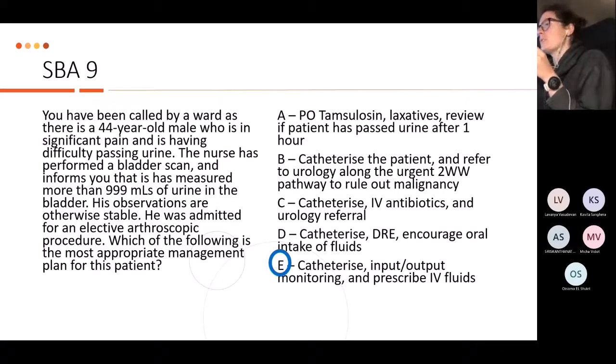So antibiotics, again, is context dependent, but this person has come in for an elective operation. They probably had a spinal anesthetic and they've probably got some BPH and gone into retention. So you just need to catheterize them, probably talk to them the next day, and they're home and happy. All of the other things are certainly things you should consider, but this question doesn't necessarily indicate you should jump straight to those. But certainly the one thing you do need to do is give IV fluids based on the volume that is allegedly in this bladder.